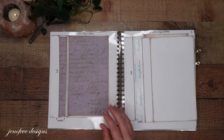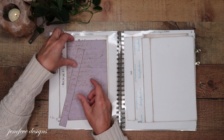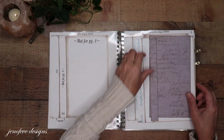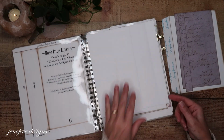So I cut those out, and those are ready to go. Inked them up. Isn't that pretty? It just gives a pretty color. It gives you a little visual interest. I just love doing that. Okay. Then the next thing I did